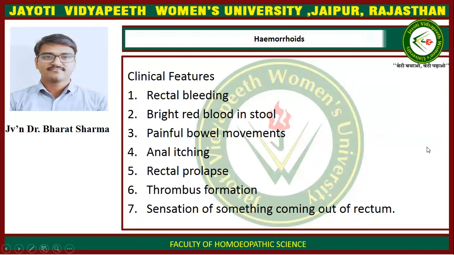Now, clinical features of hemorrhoids. First is rectal bleeding. Bleeding is not always present, but in most cases bleeding is present. The color of blood is bright red. Painful bowel movement also occurs. Due to the prolapse, there will be anal itching. Rectal prolapse is also present. Sometimes there will be thrombus formation, and a sensation of something coming out of the rectum is present